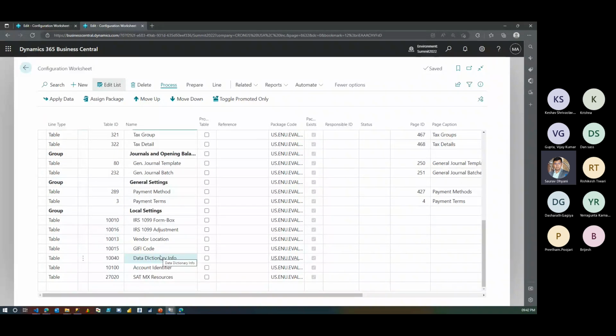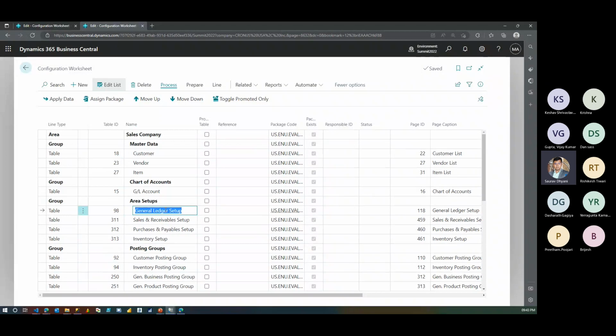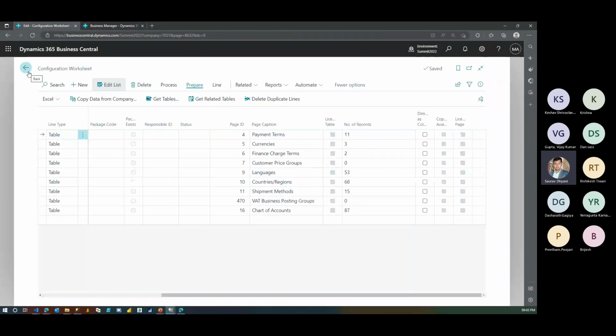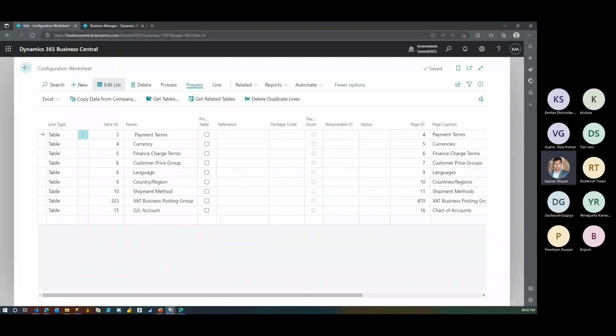You can make it as detailed as you want. You can make it as simple as you want, but this is the only way where you can copy data from one company to another company without writing a single line of code, just based on configuration. Any questions, thoughts on that before we move past that? Okay. In that case, let's switch to the other question that we have,